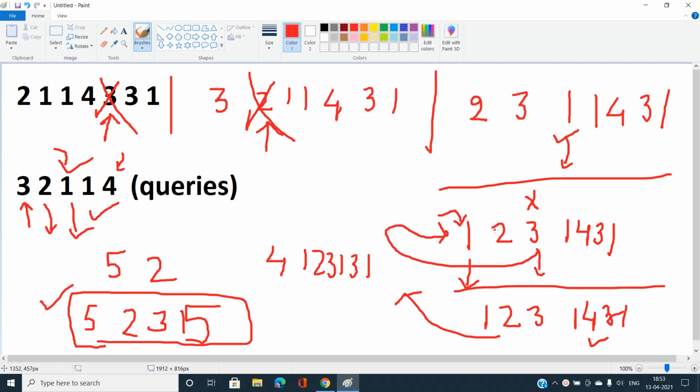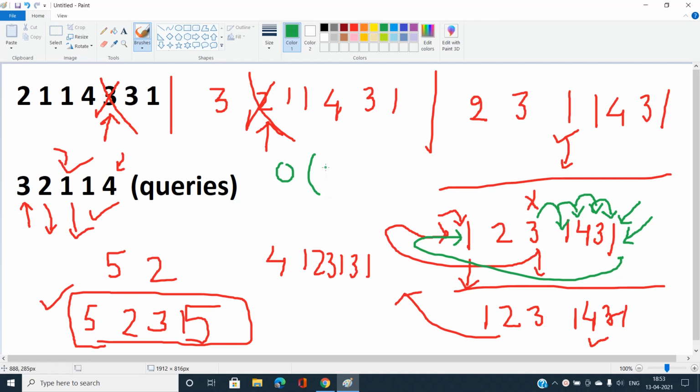Suppose we have a situation where we always pick the element from the last. If you always pick from the last, delete it and put it at the very beginning of the stack, or you can say the deck of cards, and push all the elements one more position, that is push 3 to its next, push 4 to its next, push 1 to its next, and push 3 to its next. So it will take O of n time. I'm talking about the time complexity.